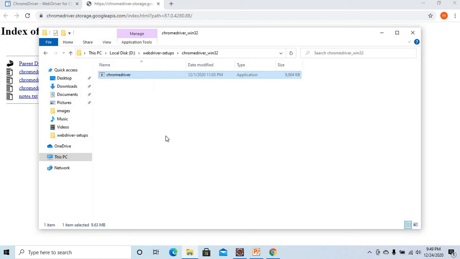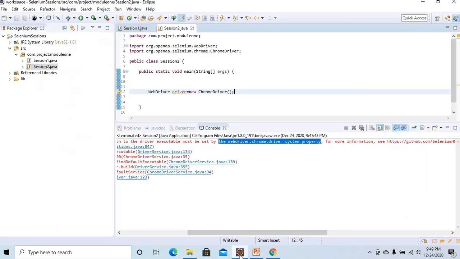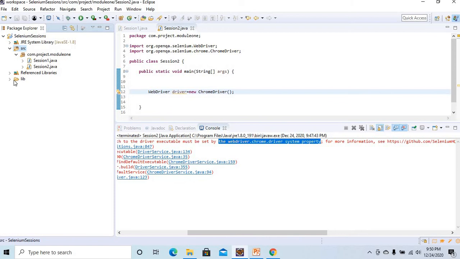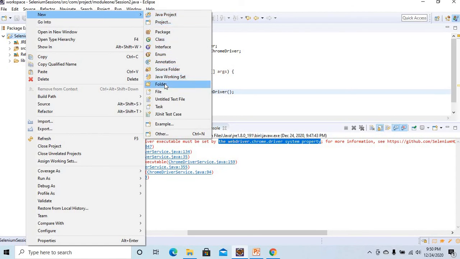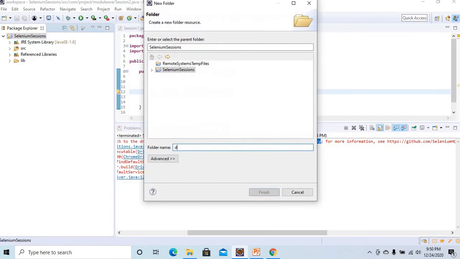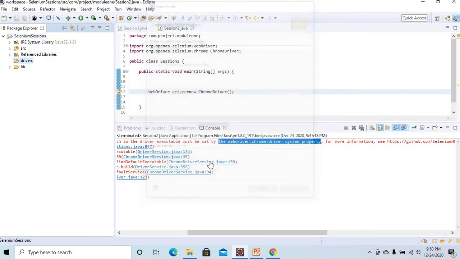As I said in previous sessions, we create a folder, because these are different drivers or add-ons, and when we share the project they should be inside it. I'm creating a new folder here and naming it drivers.